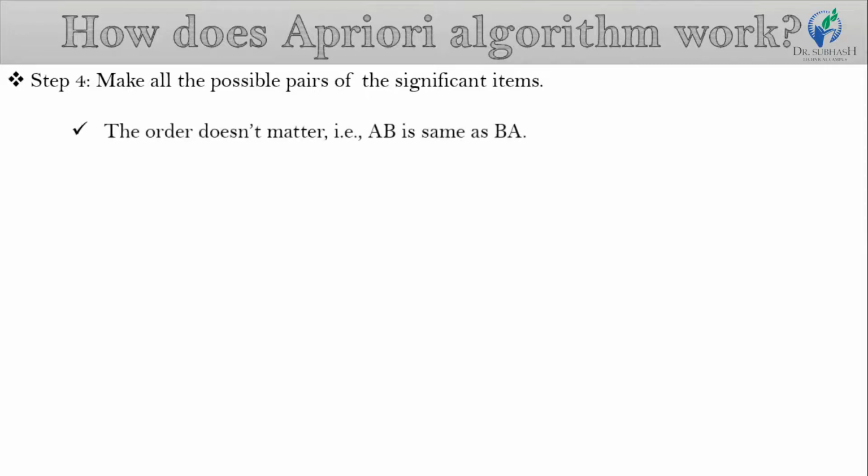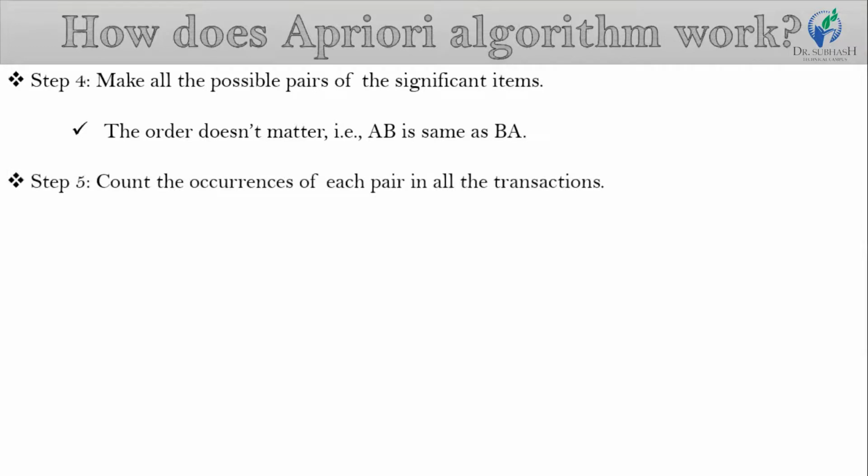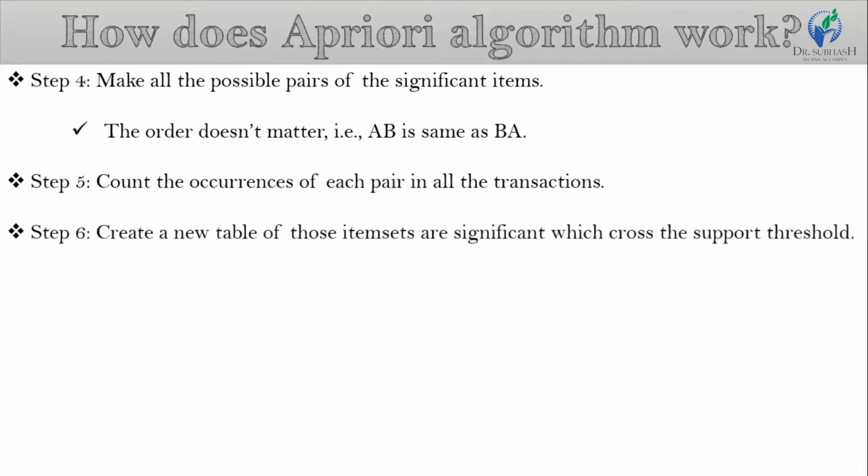Now, I explain step 4. In that, we make all the possible pairs of the significant items. For that, the order does not matter, or we can say item AB is the same as item BA. Now, in step 5, we count the occurrence of each pair in all the transactions. Now, in step 6, we create a new table of those item sets that are significant, which cross the support